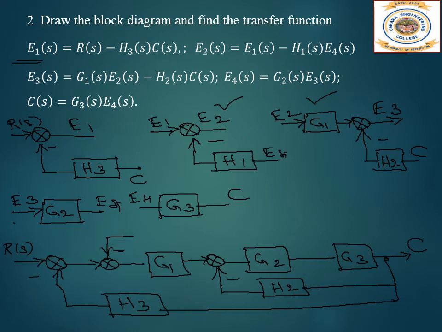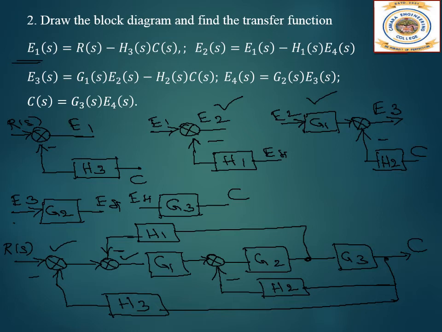And this one here, before G1, right? What do we have? Yeah, H1 we have. Where it is coming from? E4. E4 is between G2 and G3. So it is like this. So now we are done with the block diagram. So next is the simplification part. See these two summation points, now this and this, we can club since there is no other thing over there. We can club it, no issues with that. So we'll start with the simplification.